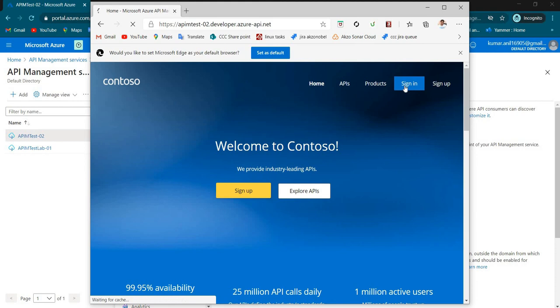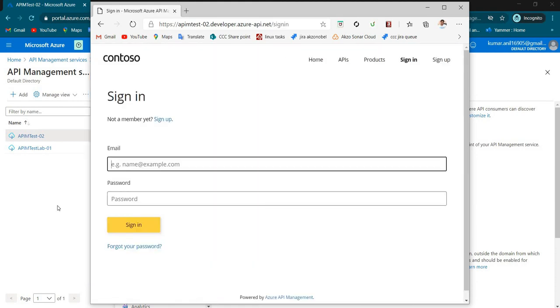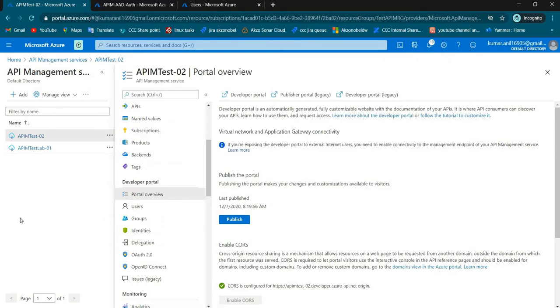Let me sign in. Yeah, now you can see there is no option to sign in with Active Directory. That means you have completely removed it. Completely removed in the sense, even if you remove only the identity, it won't show. But how an admin has to do it is, first remove the user. Then come to the identity section, remove that, and then go to app registration and remove the redirect URLs. These things you have to follow when you want to remove the entire setup you performed to authenticate from Azure Active Directory to APIM.